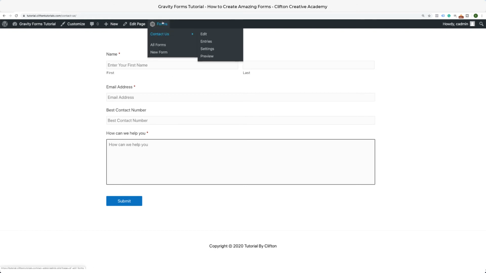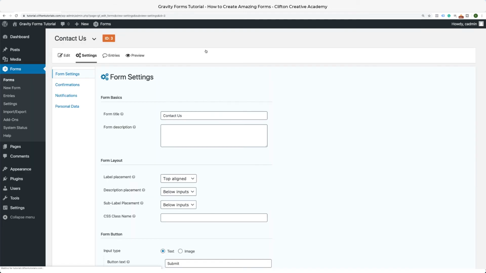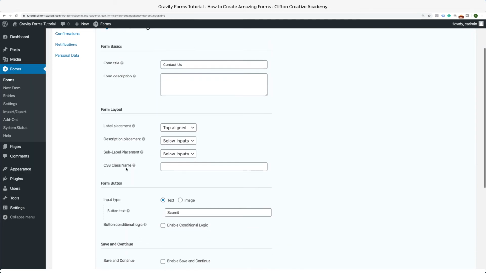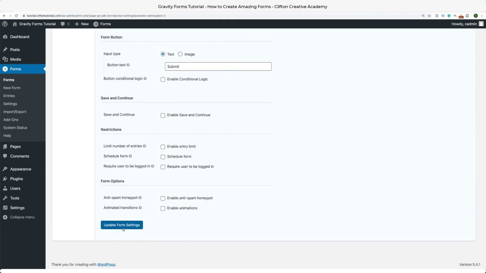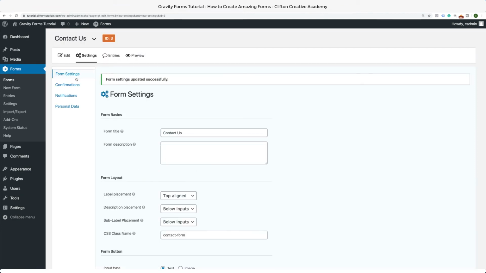So I'm going to go here to the form link shortcut in the admin bar here. I'm going to go here. I'm going to click on settings. And you see here where it says CSS class name, I'm going to go ahead and put a class name for myself, which is called contact form. Click on update form settings. And now if we go and we look at the form,